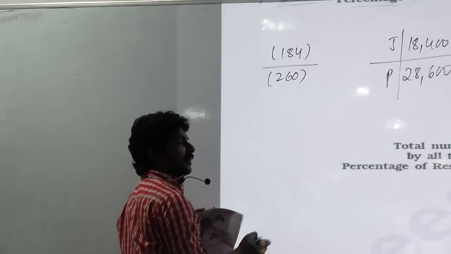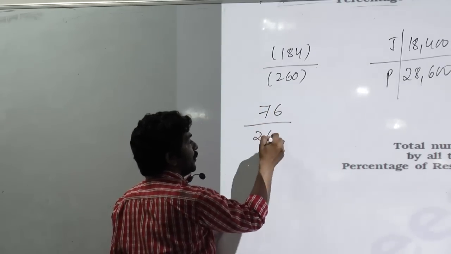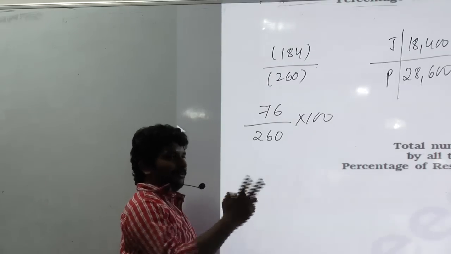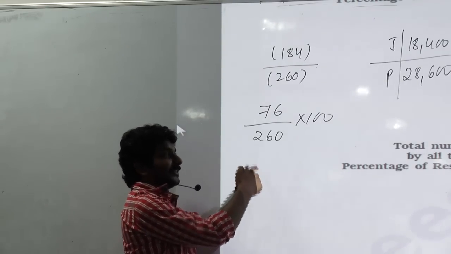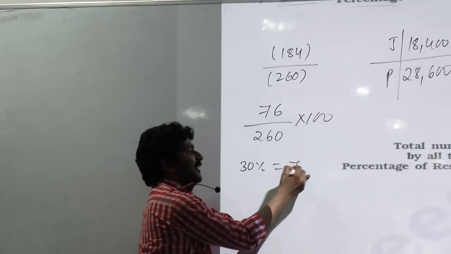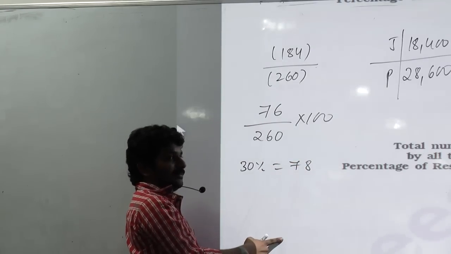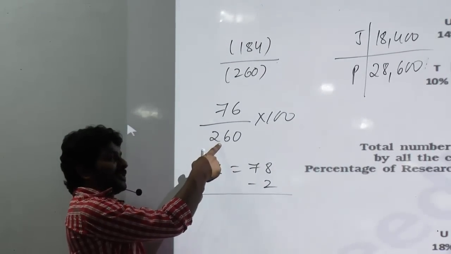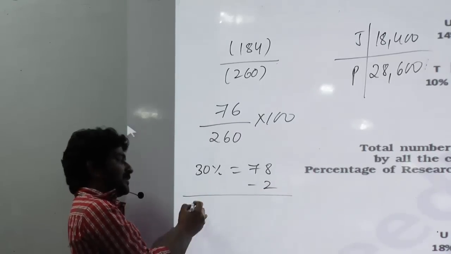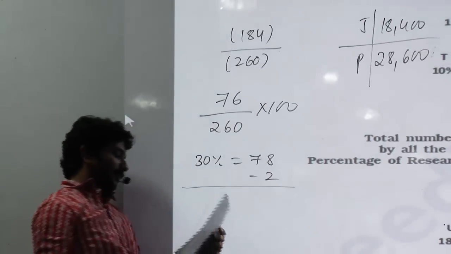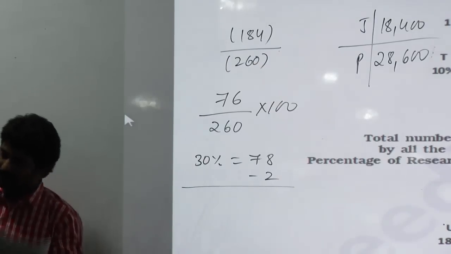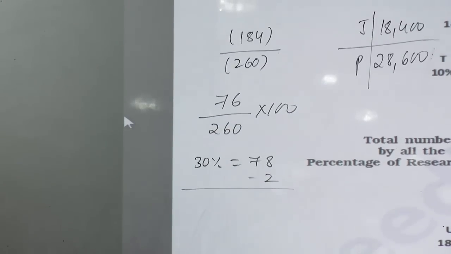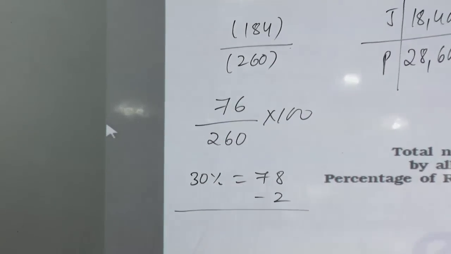76. కరెక్టే. Out of 260 into 100, 10% is 26, 20% is 52, 30% is 78. So 30% is 78, but you need to have 76 only. In the sense you need to subtract 2%. Out of the denominator, 1% is 2.6. So this is not even 1%. So the answer is less than 30 but more than 29. How many are there? Only 1. The percentage calculate చేయకుండా number మార్చనంతే. A% of B is the same as B% of A. Use that.